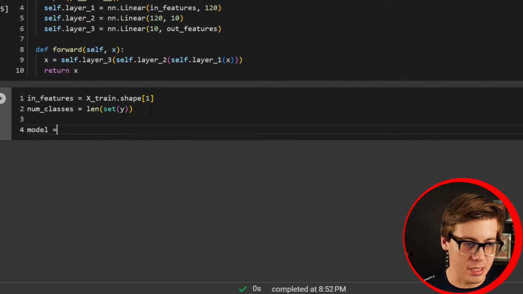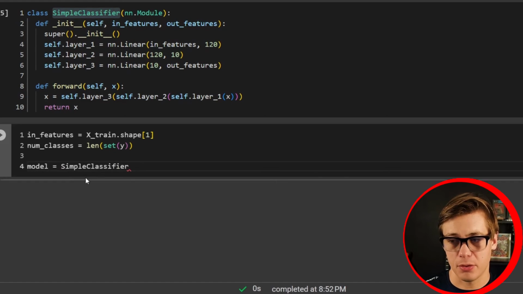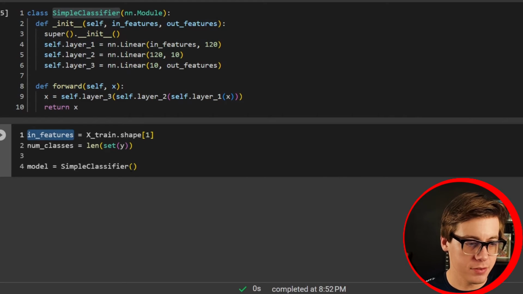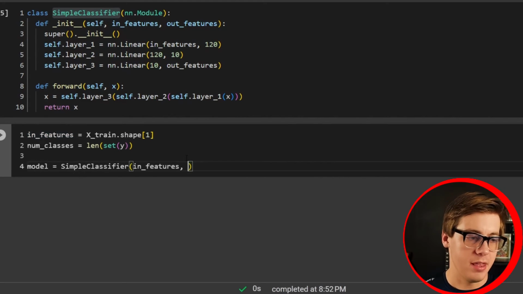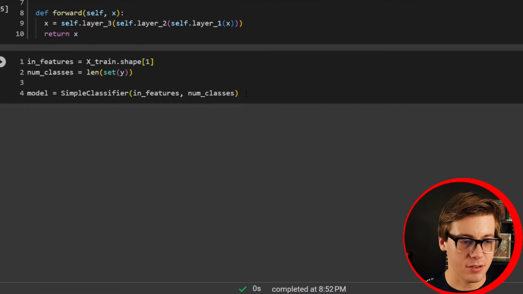So we're going to say model equals, and we called this above simple classifier. So put simple classifier in here. Great. Now we're going to have to put in our in features, right? So in features, then we put in our number of classes. We have that over here. And like earlier where we have this .toDevice, we can just paste this over here when you create your specific